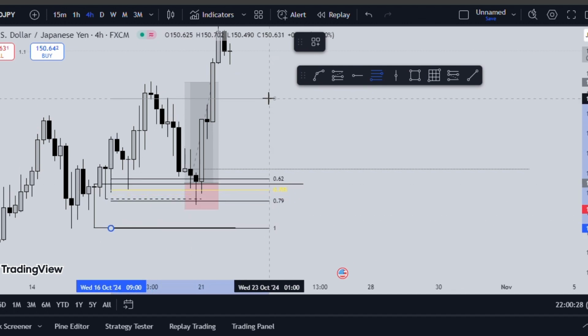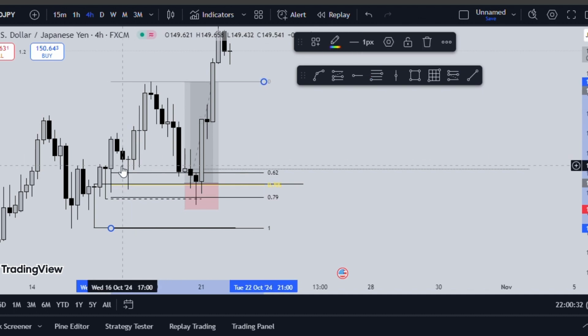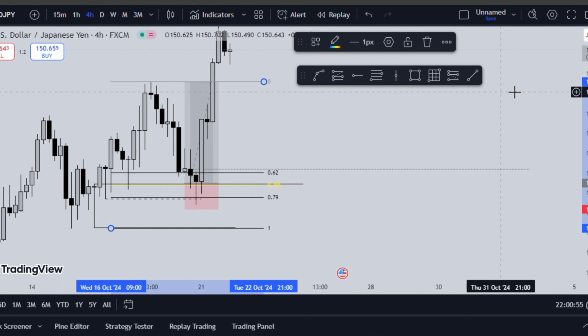I drew from this point to this high, from the low to the high that I created. Then as always, I enter on this golden, that's this 0.705. Then I place my SL either under this level or depending on what I want, right? So I placed it over here